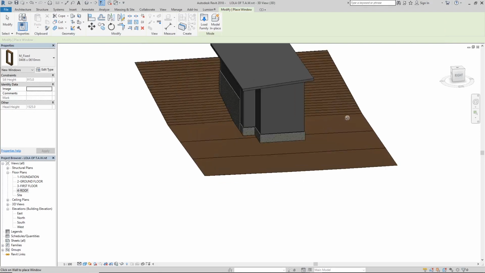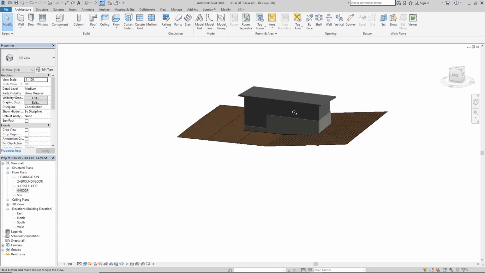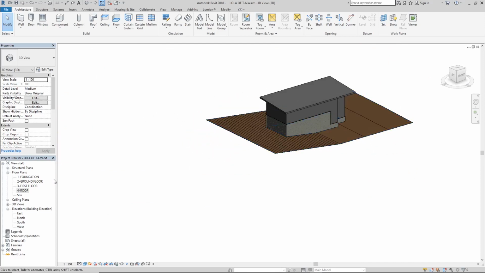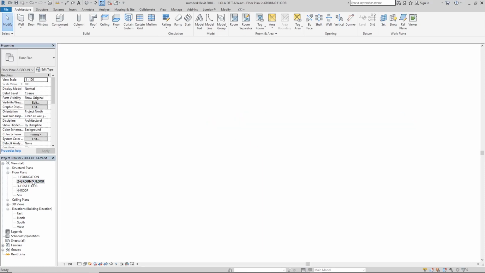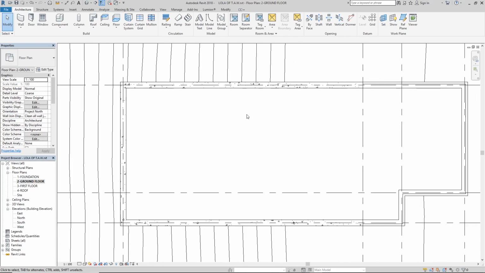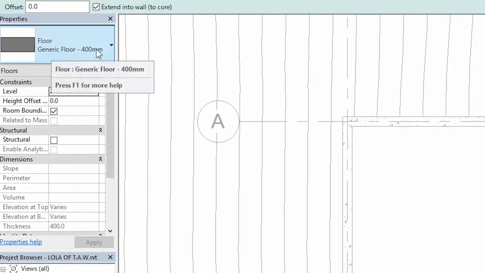So let's get started. So far, we've been able to build up our walls up to this level and create our topography. So in today's tutorial, we're going to put in our floors, and to do that, we're going to need to go to our ground floor. So when you get to your ground floor, just zoom out, come under our architecture tab, and we're going to click on floor, and we see that we have our generic floor